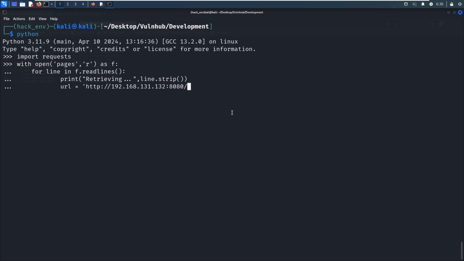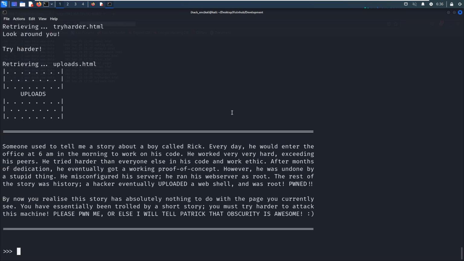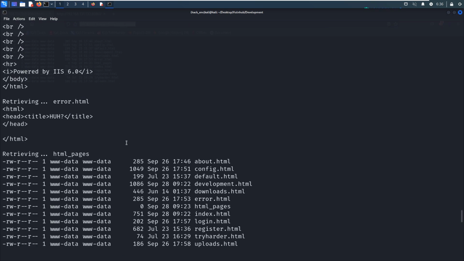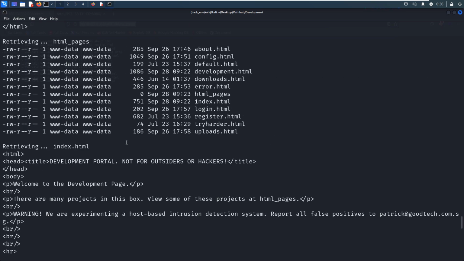And it should be this one, line.strip. Print requests.get URL, and the text. As you can see, all pages can be retrieved to Kali Linux at one time. And next we need to analyze these outputs.